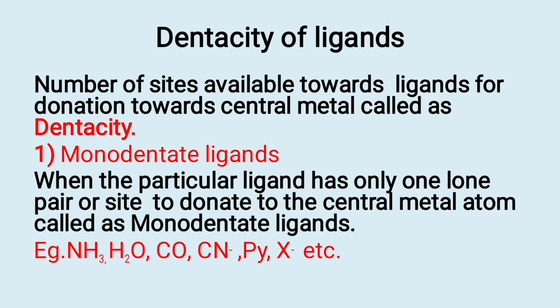For example, if a particular molecule has one lone pair, then it will be referred to as monodentate, with one lone pair for donation to the central metal atom. So monodentate ligands are those where the ligand has only one lone pair to donate to the central metal atom. There are various examples that can function as monodentate ligands, like amine, aqua, carbonyl, cyano, pyridine or halo groups. The halogens can also be recognized as monodentate ligands, because they can contribute one lone pair of electrons to the central metal atom.